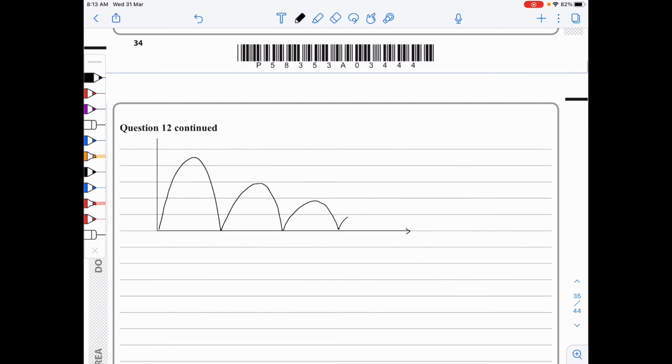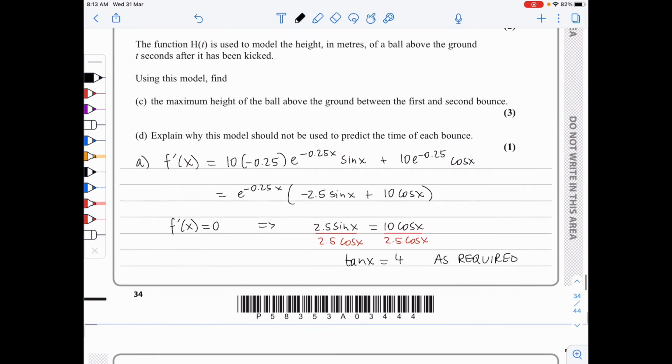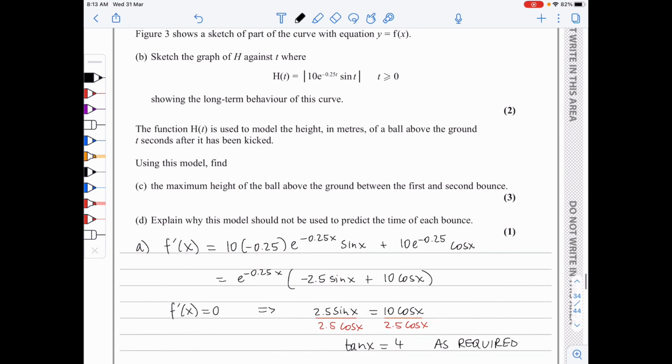We have waves that progressively become smaller in amplitude. But you need to notice that the spacing remains the same. So it eventually goes down. So we've got decreasing heights. And that was B. And then in C, we need to use this model where we are modeling the height